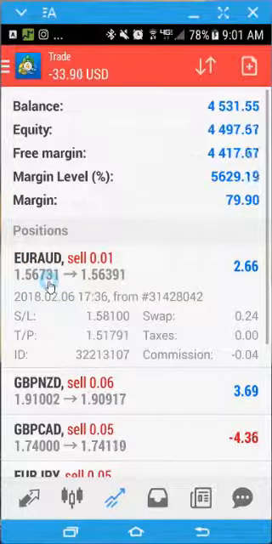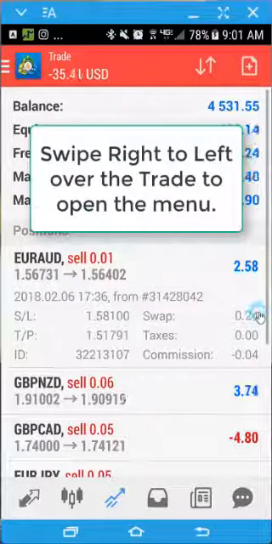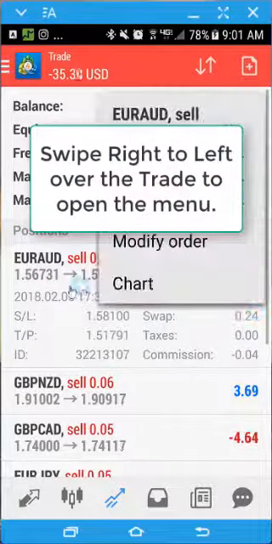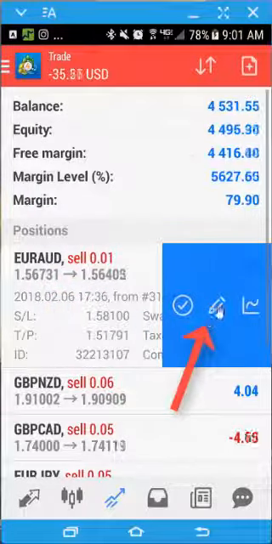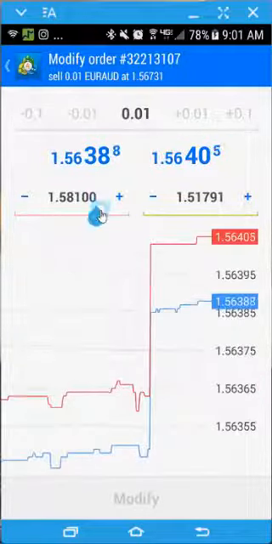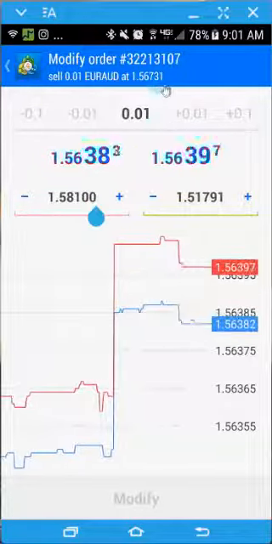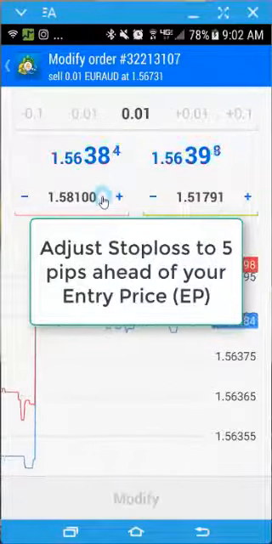And what I'm going to do is move it ahead about 5 pips. All right, so the second part of this is, I'm going to move it ahead 5 pips. So I'm going to swipe again, but this time I'm going to edit. And I'm going to change my stop loss 5 pips ahead. So since this is a sell, I'm going to move this